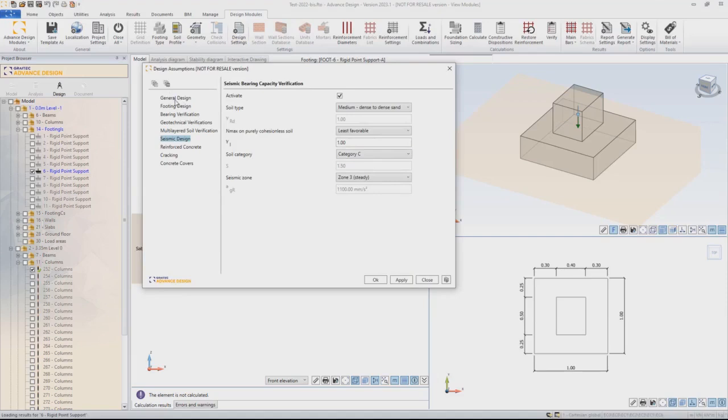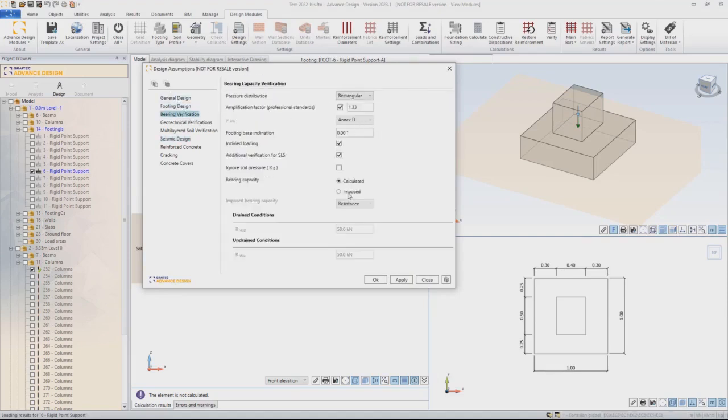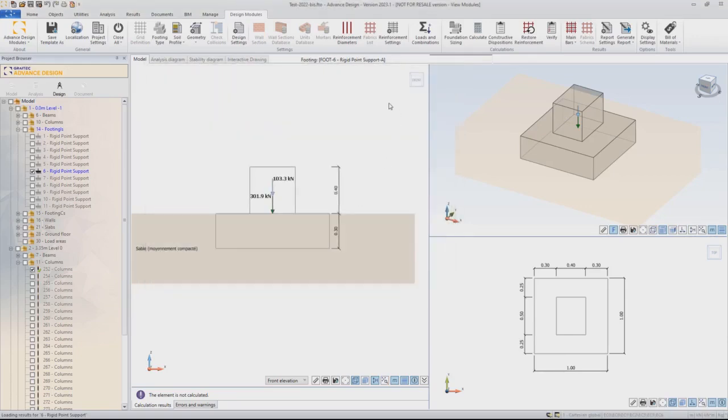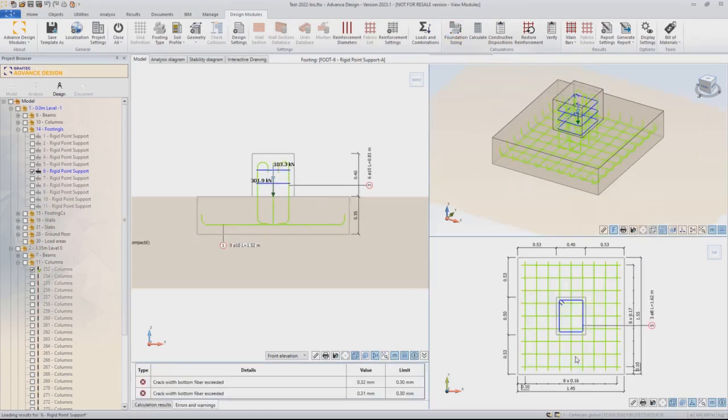We can review the assumptions that we have. For bearing capacity, you can either impose the bearing capacity, or you can have it computed automatically. You can define the crack opening limits, and I can run footing presizing. So the footing is 145 by 155. It's 35 centimeters high. It was reinforced, but then at the end of the design, the module performed the crack